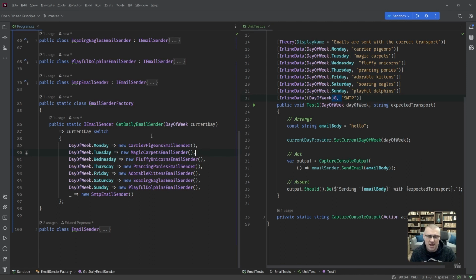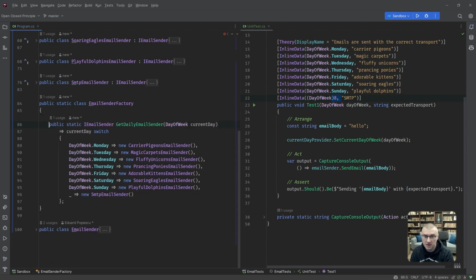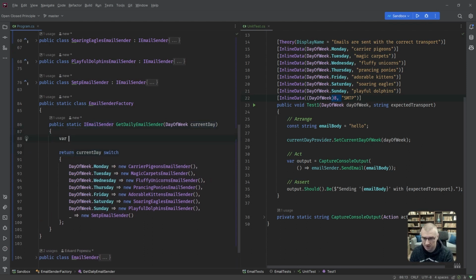And let me just, I'm not going to do it for all of them. Let me just imagine we would read some sort of configuration thing from here. Let's make another string, email sender type. And I'm just going to write it because obviously in a configuration file you don't have access to reflection, all that stuff.